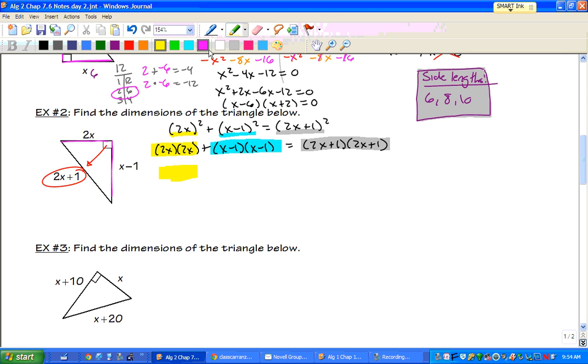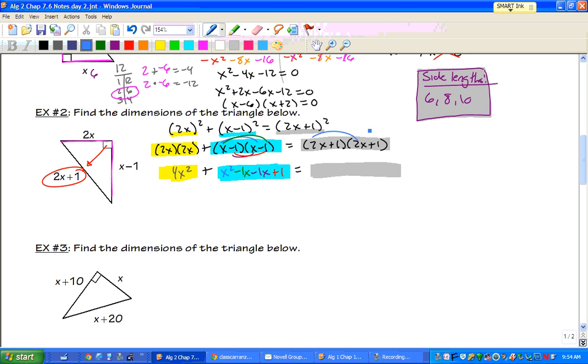So we need to figure out what we're going to get in all of those things. Like, wait, what do all those equal? Well, that's where we have to distribute and FOIL. Okay? So in the yellow, 2x times 2x, well, that is 4x squared. Okay, so we got that. Well, now we need to FOIL, so we get x squared minus 1x minus 1x plus 1